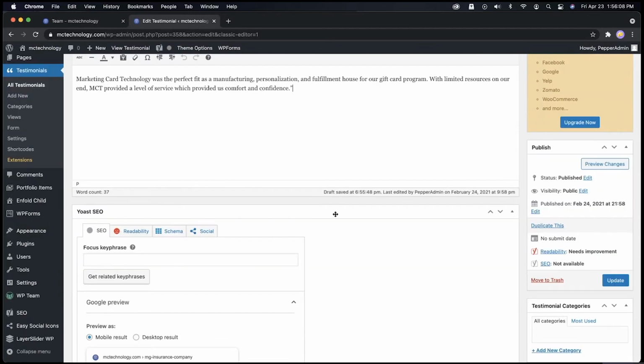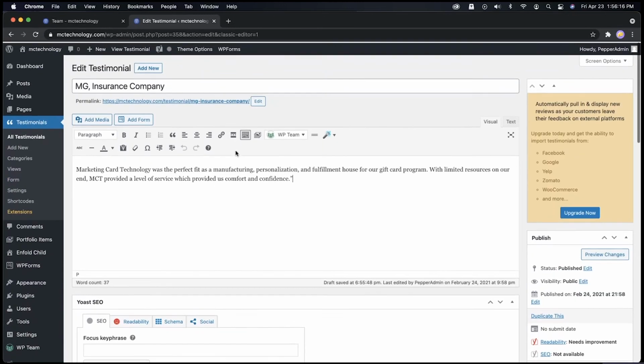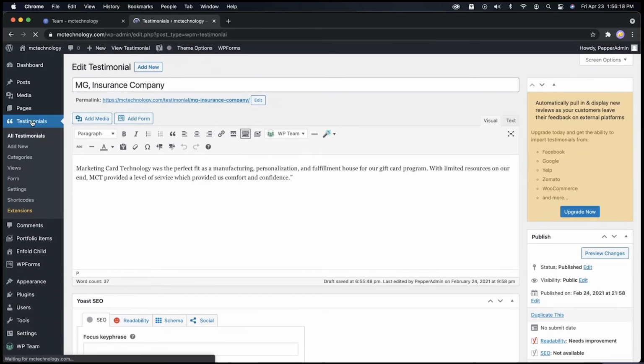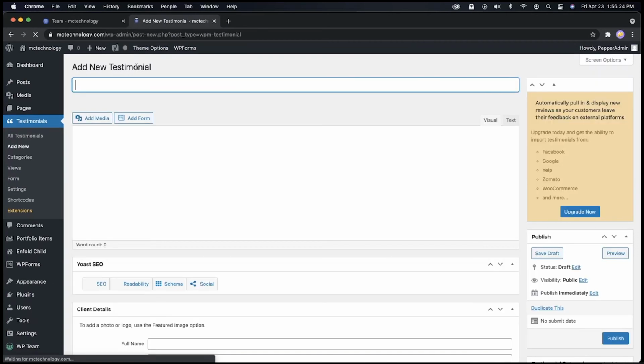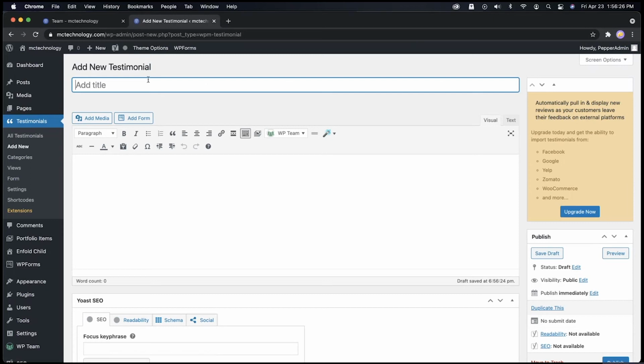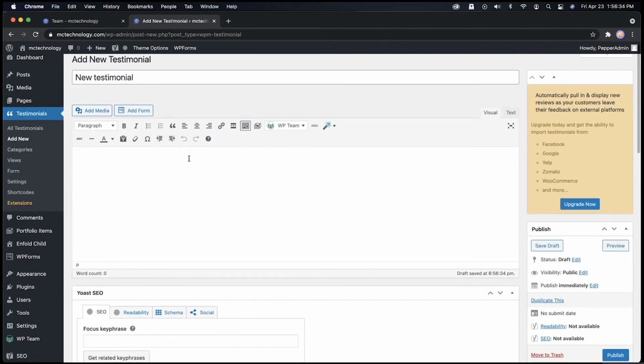And then once everything you want is updated, hit update, and it'll appear on the front end of the website correctly. Now, if you want to add a new one, go back to testimonials, come up here to add new, and it'll bring up this familiar interface. You enter the title, the actual testimonial,